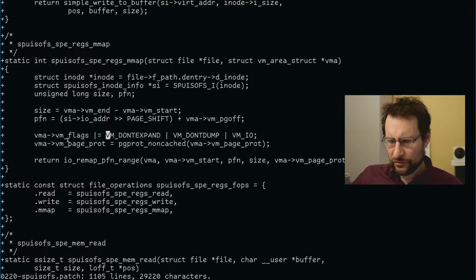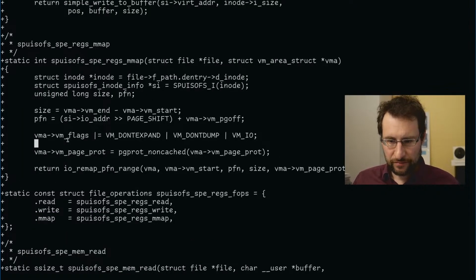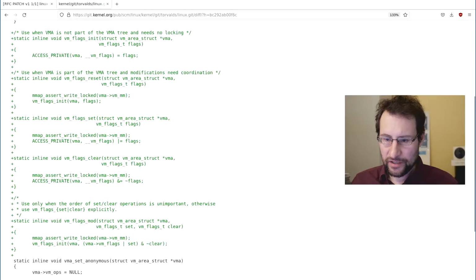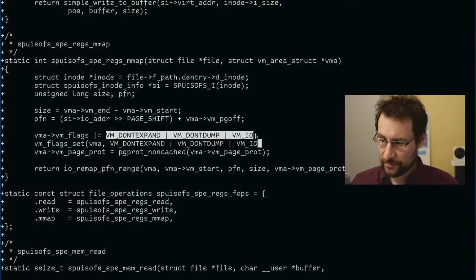So VM, don't expand, don't dump VMIO. Also, there's this start to build, so we don't have a typo in there. So that should now be set, right? So we are setting this additionally. So it hopefully is VM flex set now of this VMA, and then, oh wait, alright, this here,